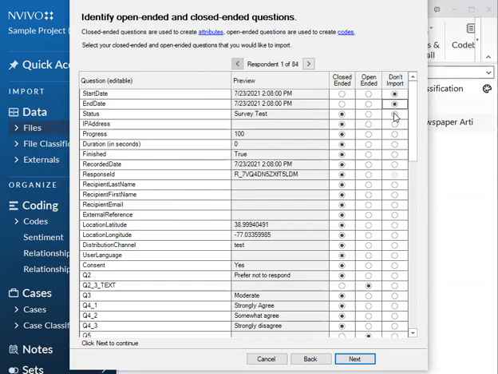And that'll just keep the data more organized and easier to view because you won't have unnecessary data. It'll also just keep it a little bit faster in downloading and stuff. It's just smaller, a smaller file. You won't be asking NVivo to go through as many words when you're doing text searches and stuff like that. So make sure you've gone through, and if there is any data that you don't want to import that you don't need, I'd recommend going ahead and selecting don't import just to keep it as easy as possible and keep it running as fast as possible.